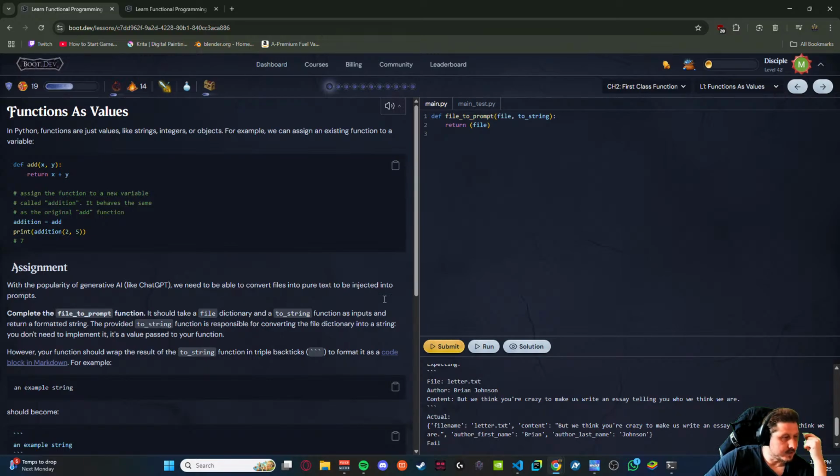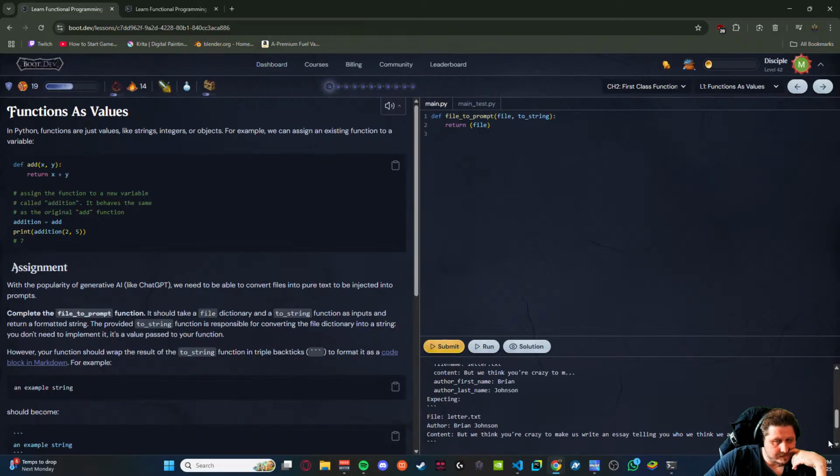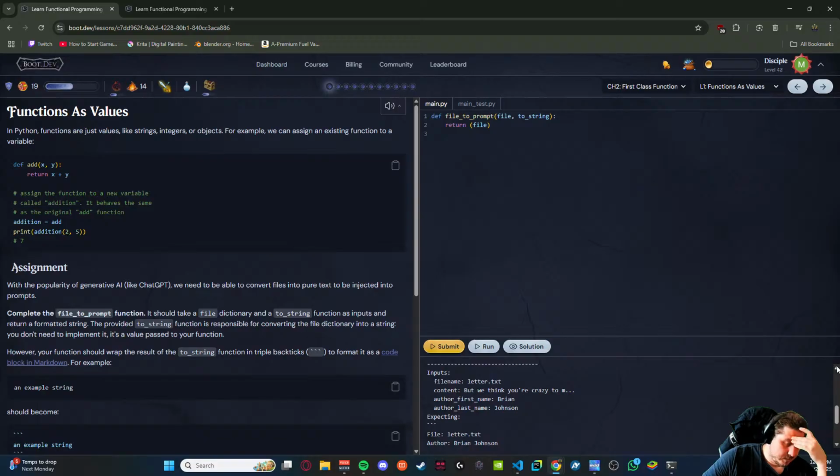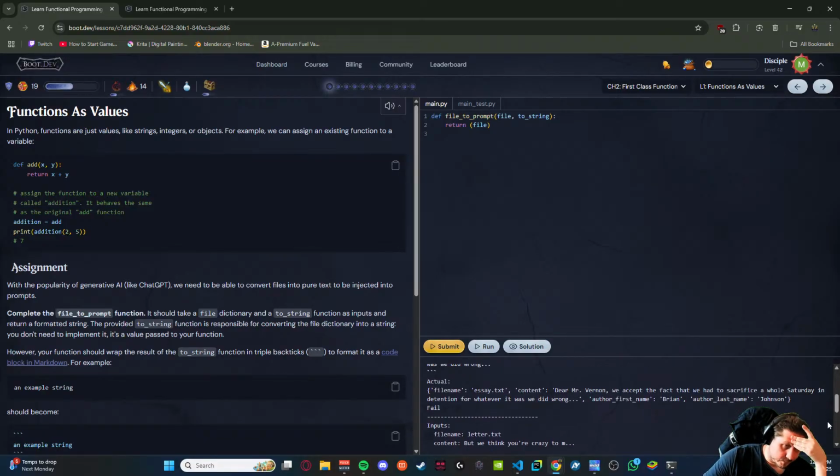It's a value passed to your function. Man, I suck with dictionaries.